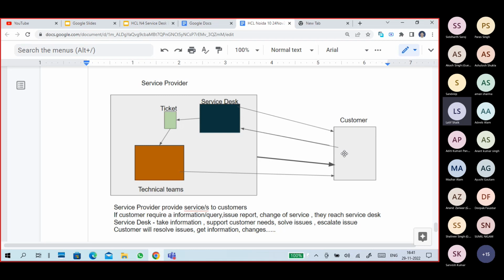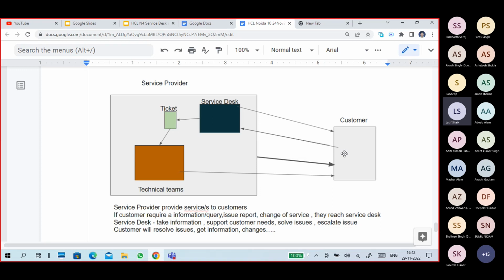Secondly, they will try to understand the issue, and either they are able to fix it, depending upon the service desk person and his roles and responsibilities, meaning what his duty is. Otherwise, he will simply create a ticket and forward the ticket to the specific team.